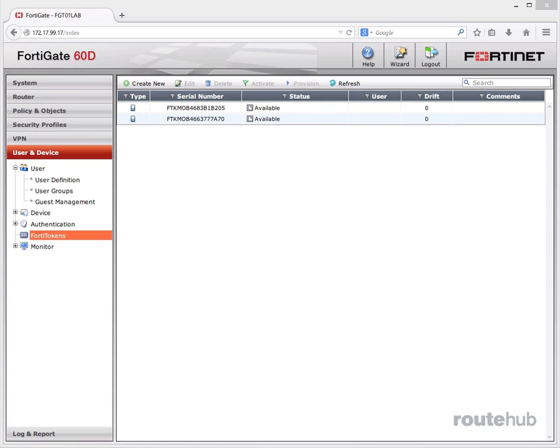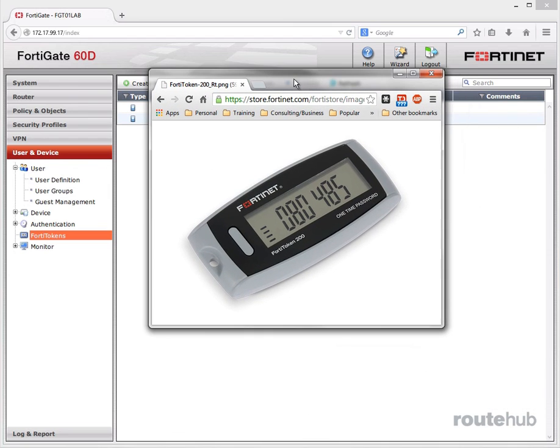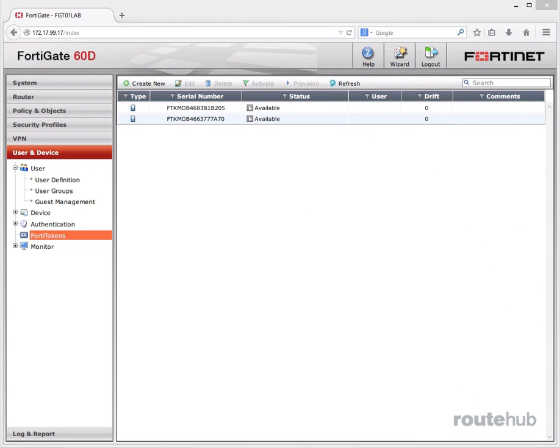If we need to have more, then we can purchase additional tokens, and keep in mind that only one token can be assigned to a single user. The token that you use can either be a hardware token, which is something like this, or it can be a mobile token, which is an app that can be installed on your phone for obtaining this one-time password. So using mobile tokens is probably the most commonly used because you will likely have a smartphone everywhere that you go. So if you want to add a new token on the FortiGate, for example, on this page, you will go to Create New,